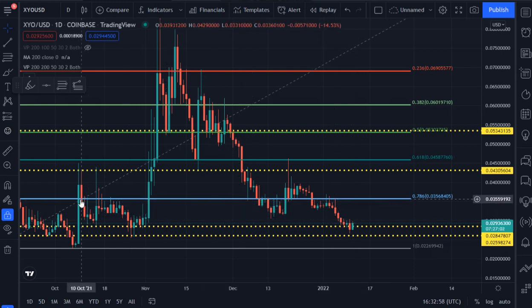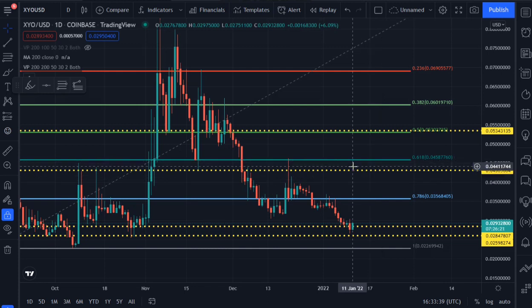As you can see, we have a lot of touches here, multiple rejections from that particular area. So that area of the 0.786 Fibonacci level is a very strong resistance area for XYO, and the price of XYO should be around 0.035 then. So the moment XYO breaks above this 0.786 Fibonacci level and closes a few daily candles above it, then guys, believe me, XYO should be heading straight to